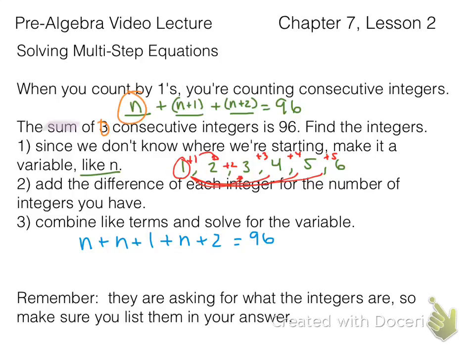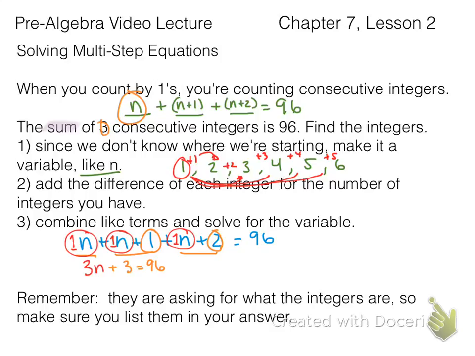Okay? So now, we're on step number 2, and we have all of them added together, where this is my first number, my second number, and my third number out of my 3 consecutive integers. Now we can combine like terms, and just remember that there's an invisible 1 in front of all of those n's, so that when I do combine like terms, I have 3 n's. Then I can combine the other terms, which is 1 and 2. 1 plus 2 is 3. And I know all of this equals 96, which means now I can solve using multi-step equations, or two-step equations